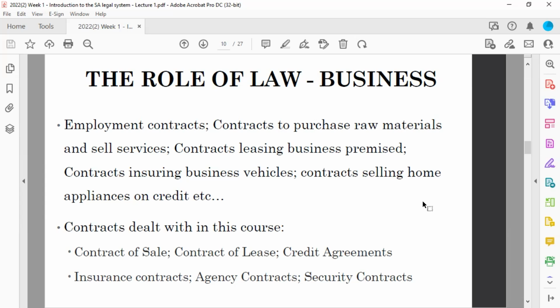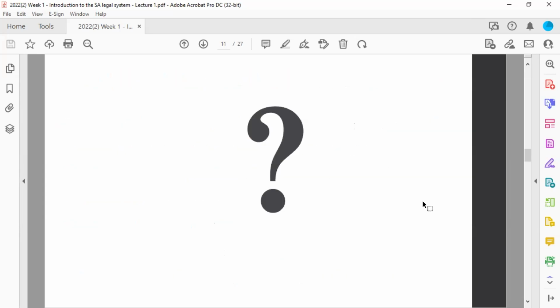Imagine if you sell your car and you hand it over to that person, and that person doesn't pay. They said they will pay at the end of the month, and they never pay, and they have gone with your car. You must know, with the contract of sale, what your duties, responsibilities and rights are. How do you get your vehicle back, or how do you force that person to pay the contract price that you have agreed upon?